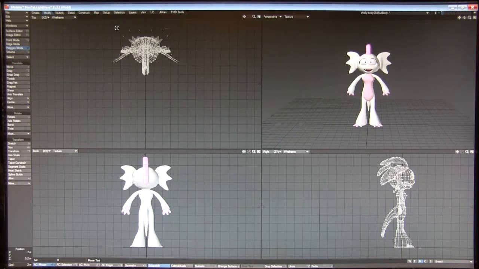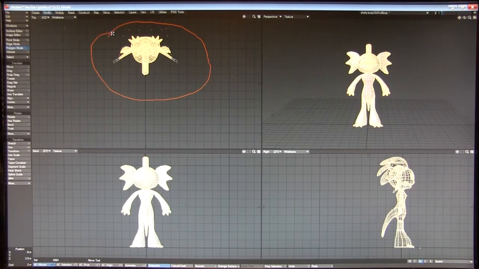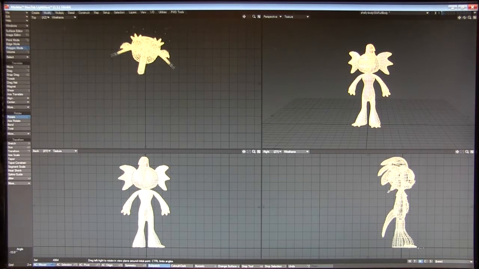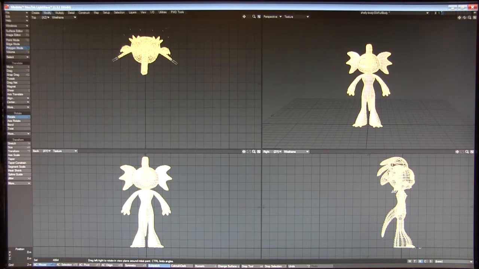So I'm going to get out of move mode, which, if you want to use command lines, is also the T command. I'm going to lasso this model again under wireframe. I'm going to go to Y, the rotate tool. I'm going to pick the center of gravity here, which is at 0, 0. And I'm going to turn her 180. Well, you know, better yet, rather than do that, I'm going to type,